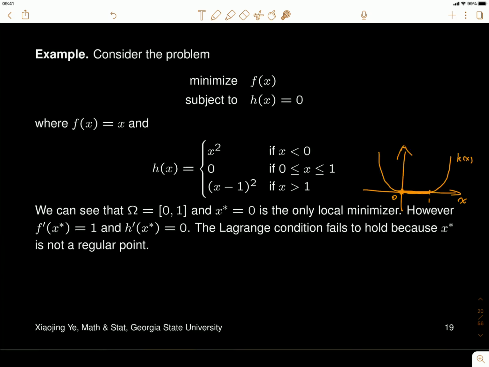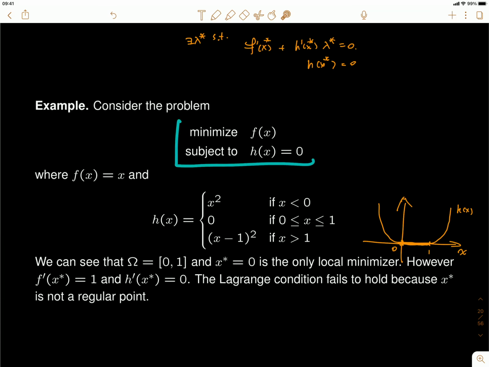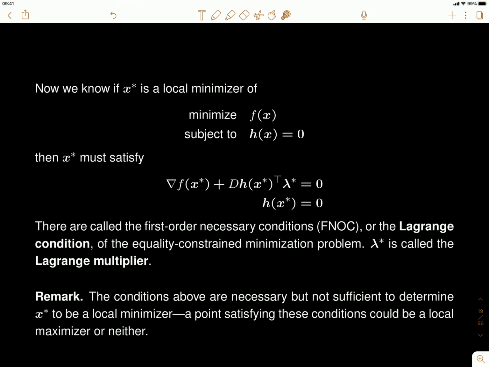at the original problem. When you see a problem like this, the Lagrange function is built from this function f, which is scalar valued. Remember that f is a mapping from Rn to R, and h is actually Rn to Rm. When you see this equality constraint problem, we immediately write down the Lagrange function, which is the function